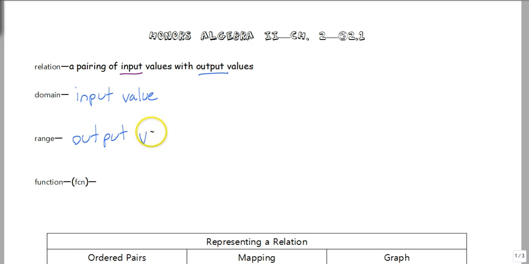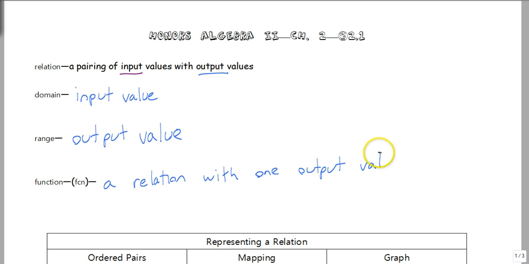Okay? So really what this is saying is, a function is a relation with one output value for each input. And what that means is, let's say I go down to the vending machine